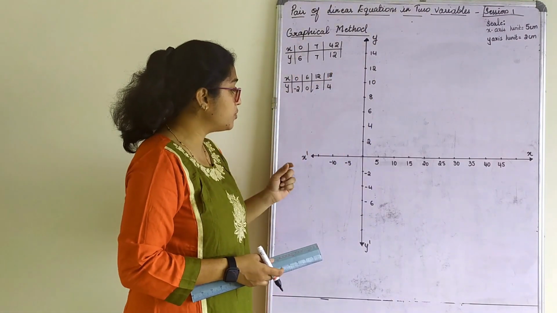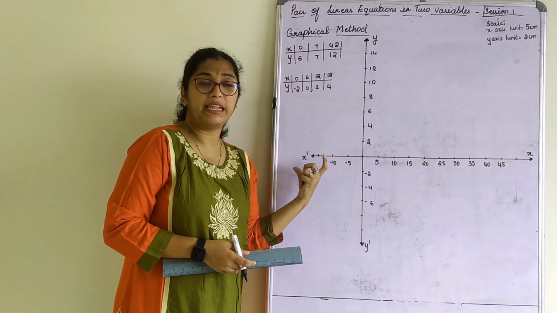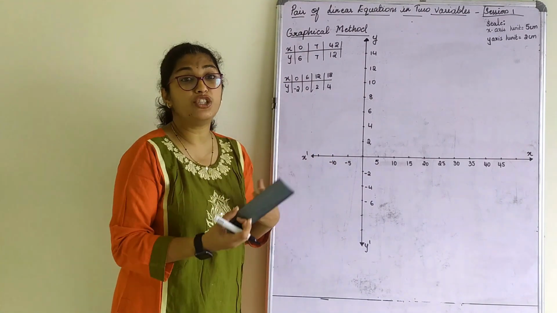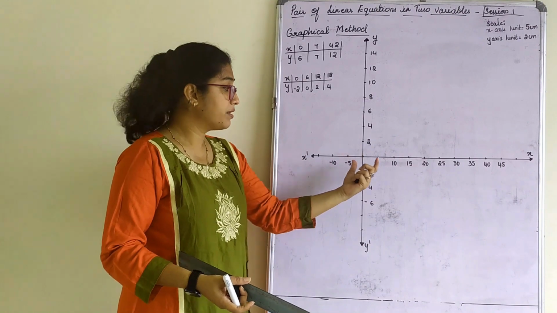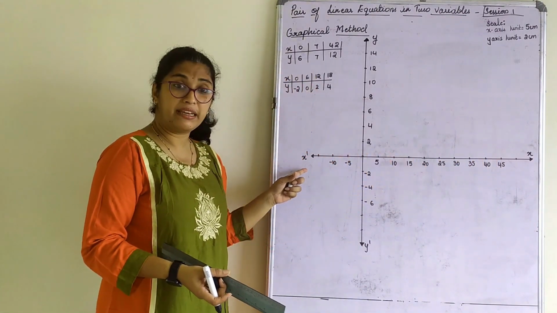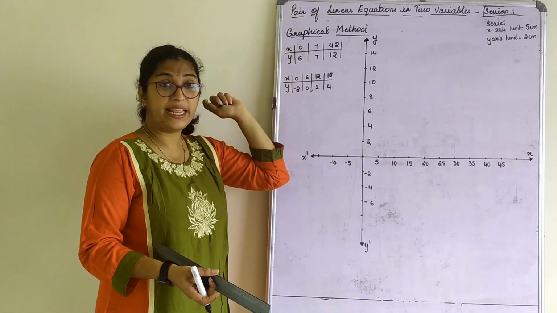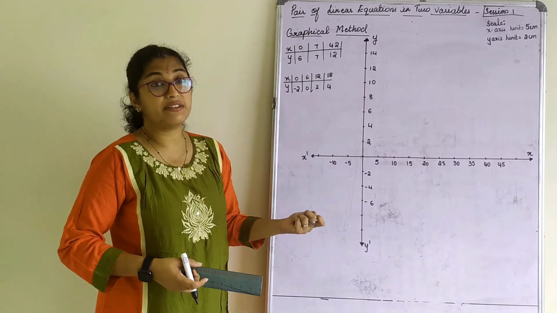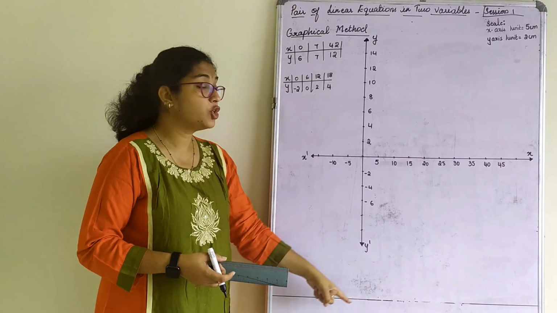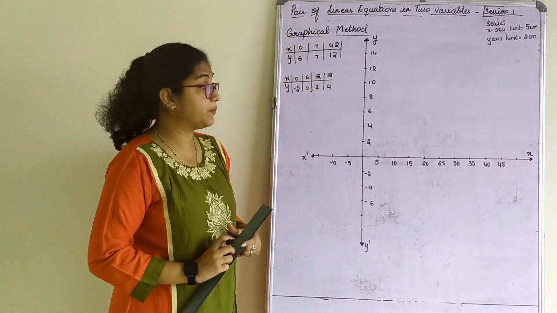See what values you want. If you want very few in the negative axis, try to adjust your graph accordingly. Whatever values you take here need not be taken here. See the values where x is more, where y is more, where negative is. Depending on that, you need to adjust in your graph sheet.